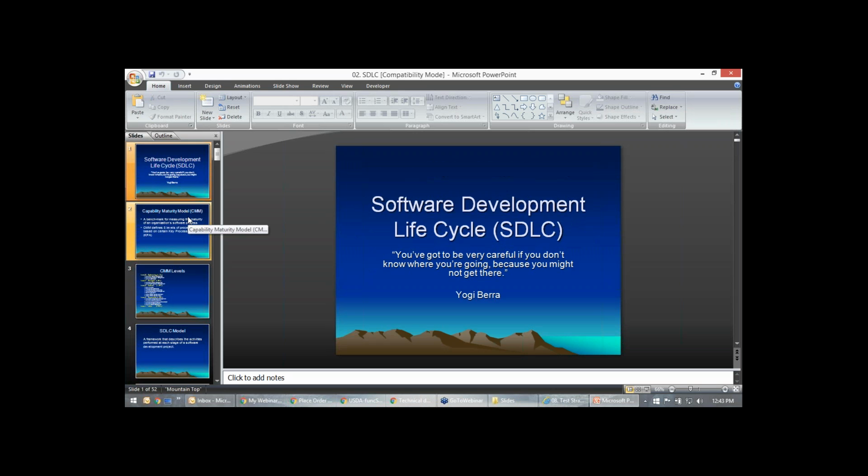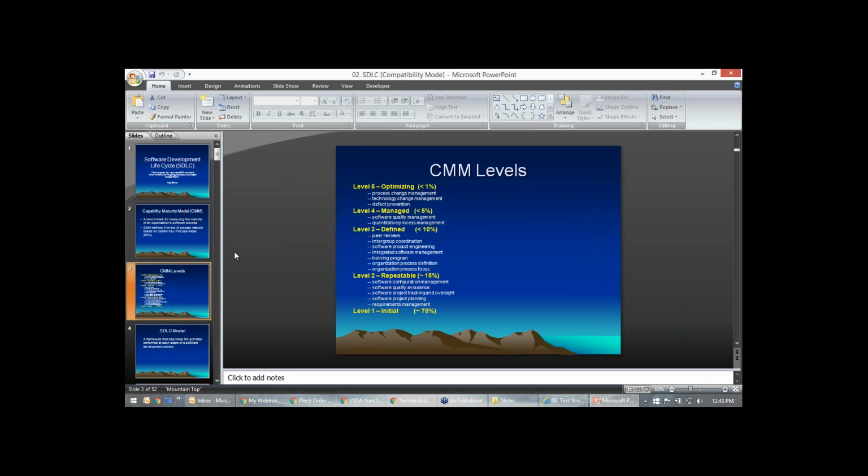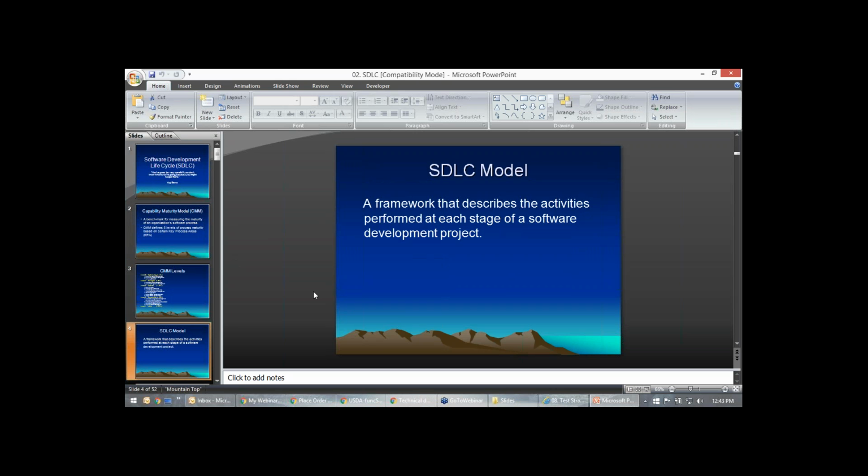You can go ahead and read about CMM, capability maturity model, but it's not required at this point of time. Unless you want to understand more, you can just have a glance at it, because even if it is asked in the interview, you can be smooth on that.